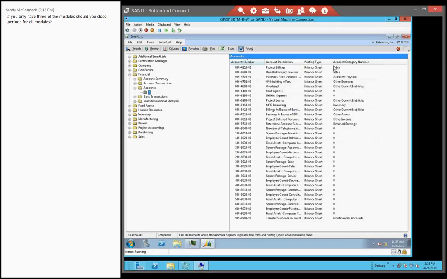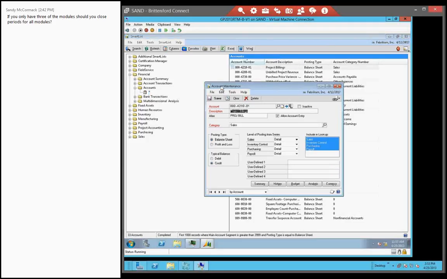So I've got some revenue accounts here and some rent expense accounts here that are listed as balance sheet accounts. This is so easy to do because when I create new accounts in the account cards, they automatically default to balance sheet. So if you're just excited about getting your new account set up and you got the right description, you got the right account, and you don't scroll down, so let's open this one up. It is a posting account. This is where it's going to default right down here,